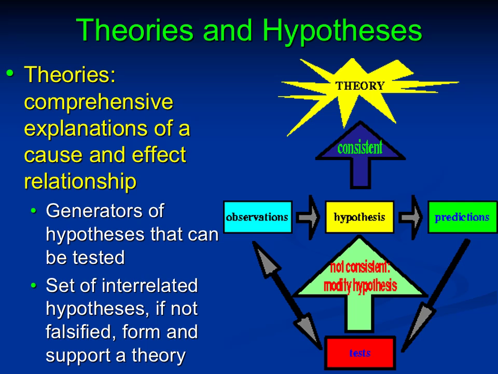And so you have a theory, you generate a hypothesis, and then it's the hypothesis itself that is the thing that gets tested. So it's hypotheses that are testable or verifiable. And then in the end, you might end up with a set of interrelated hypotheses that if you take them together, they can form a theory and support that theory as long as any of the hypotheses that are necessary for that theory are not successfully falsified by some experiment.